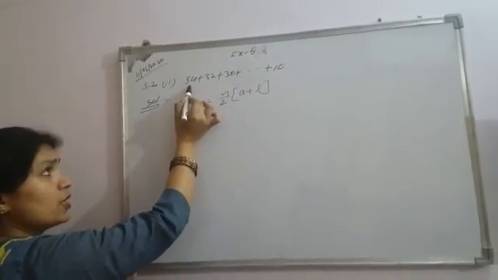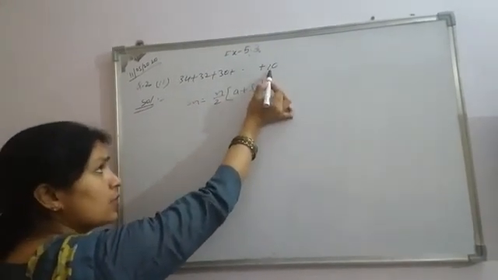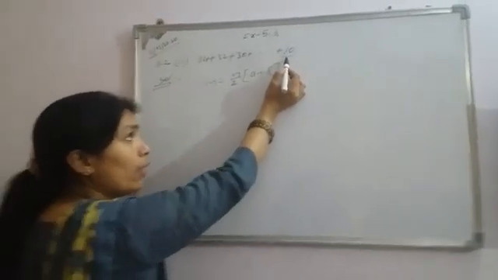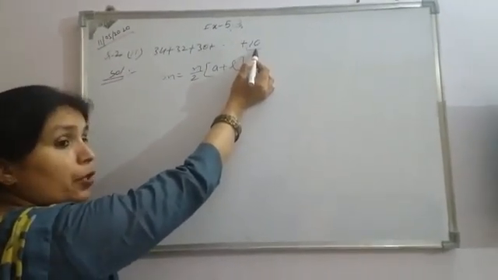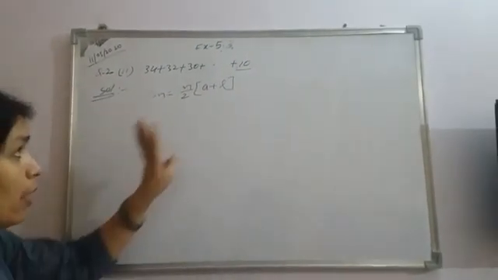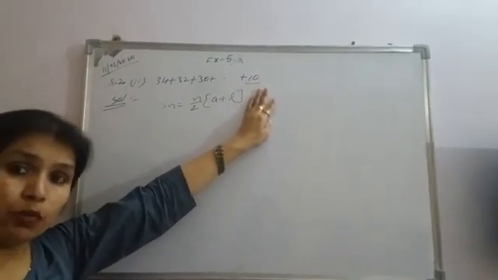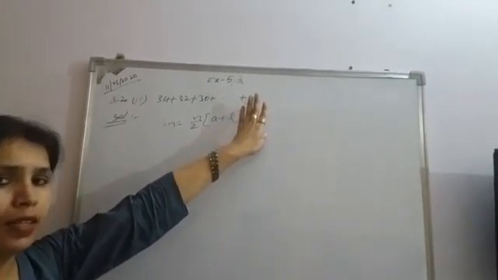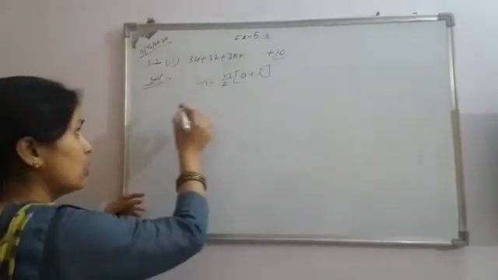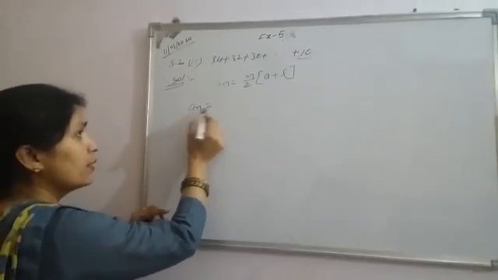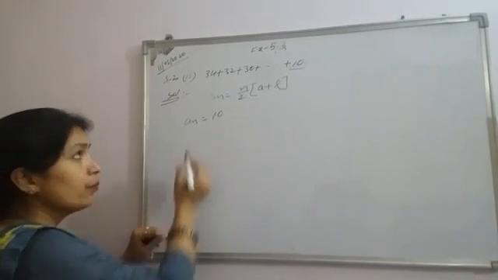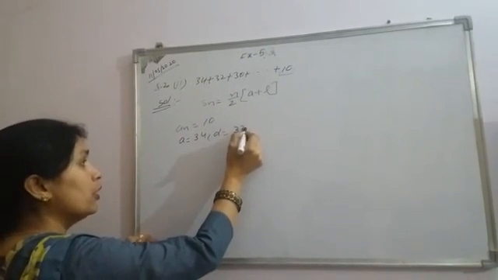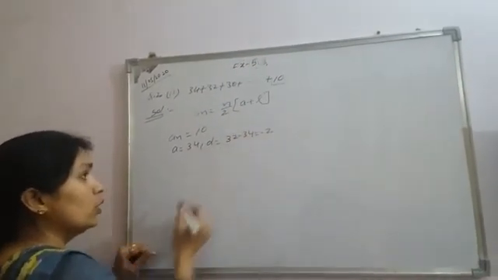We know that this is our first term, then second, then third, and last term. If we consider that this is the nth term, and when we find out the value of n, then we can say that this is the particular term. So in each and every question, if we want to find out the value of n, always consider that, let us suppose, this is the nth term. So the same procedure is here. If we consider that the nth term is equal to 10, a is equal to 34 and d is equal to 32 minus 34, which is minus 2.